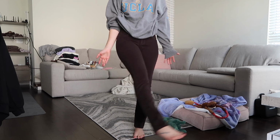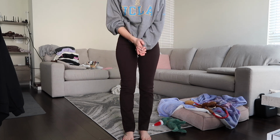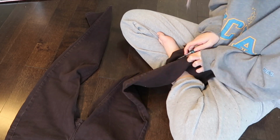But yeah, here is the before. This is what they look like. Not so cute, but we are gonna make them cute. So I'm starting out by seam ripping the bottom hem and also along the outside seam of both legs of